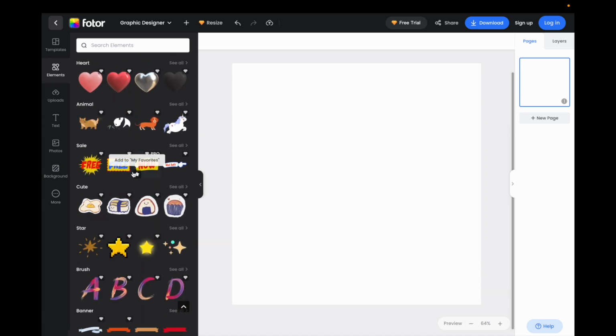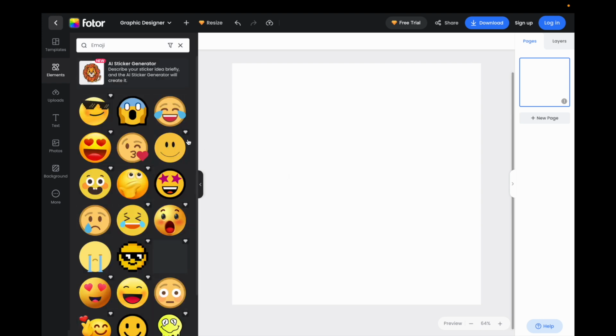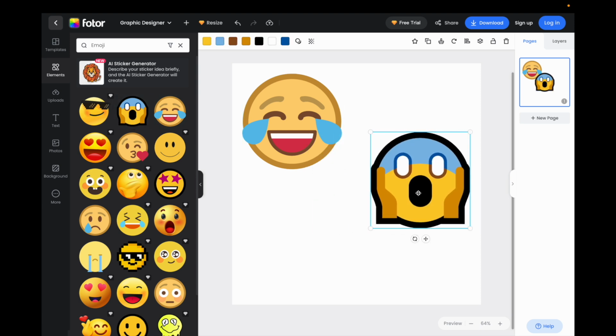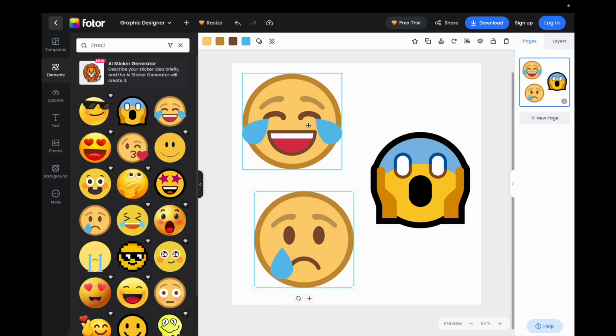So you guys can scroll down, view a bunch of different emojis right here. So emojis, you can go ahead and press on see all. If you wanted to add maybe the laughing face, you can go ahead and add that. If you want to add the shocked face, you can go ahead and do that. If you want to add maybe a sad face, whatever the case may be,